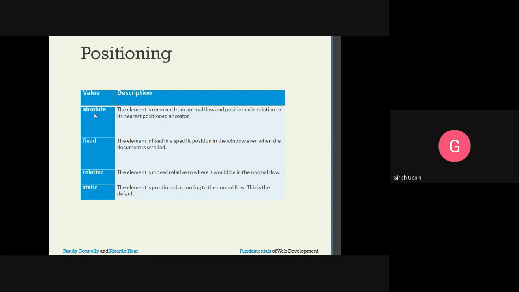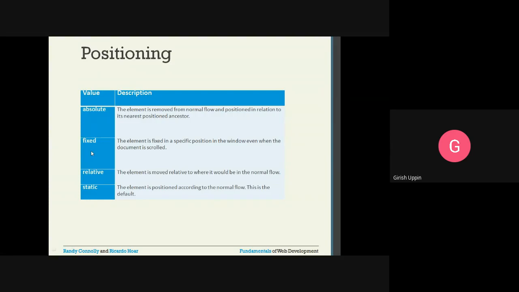Then how will it be displayed? It will be positioned related to its nearest ancestor. So whichever the container it is inside, with respect to that ancestor, it will position itself. And positioning is always from the top and the left. From the top left corner it will be positioned.